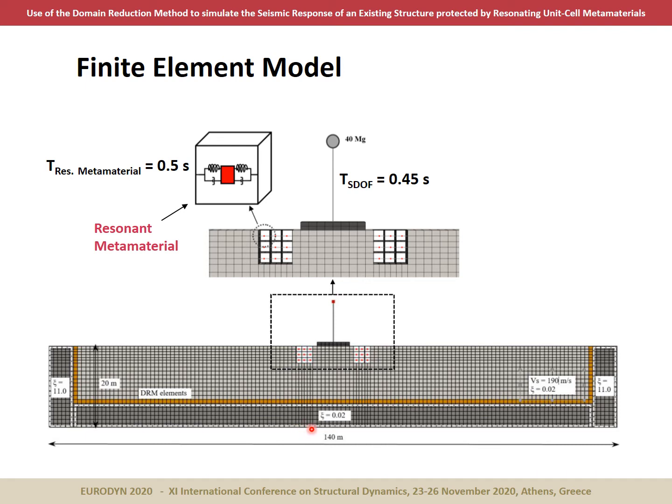However, you should notice here that at this bottom layer, we have used a very small amount of damping, and we have done this because we want the radiated waves to come all the way down here and then be reflected on this bedrock that we assume to be at this level, and then go back again into our main